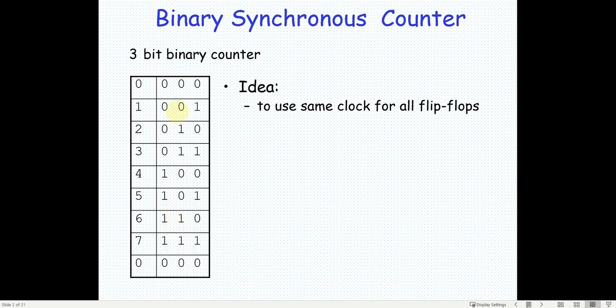So that means for the T flip flop we are going to use for the middle bit, we need to give Q from the LSB. Similarly, in this case also, it is all continuing: 0 out here, 0 out here, 0 out here. So where is it toggling? When there are two ones here, it is toggling. Again, from here to here, it is toggling. So wherever there are two ones, it is toggling out here, right?